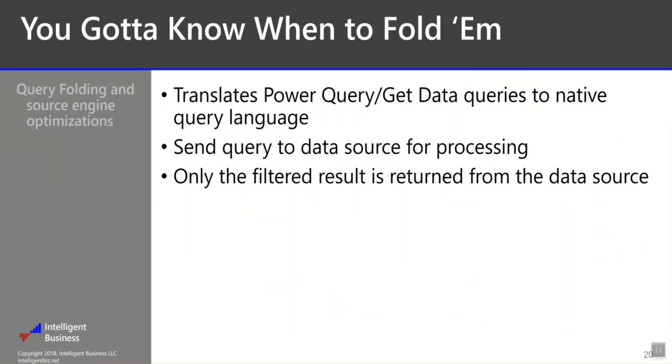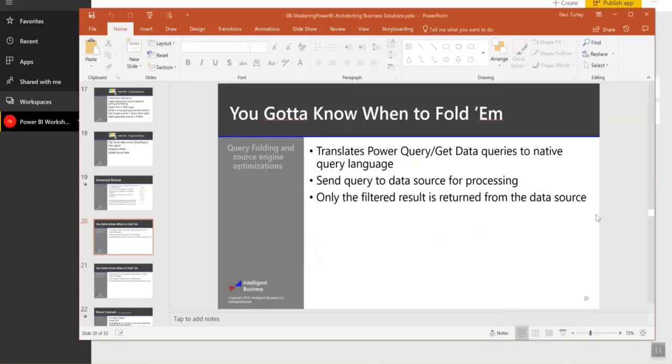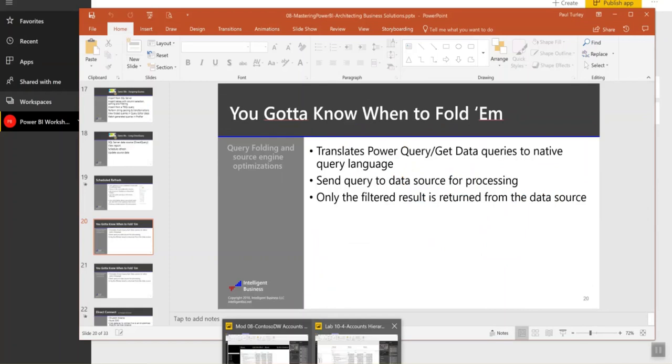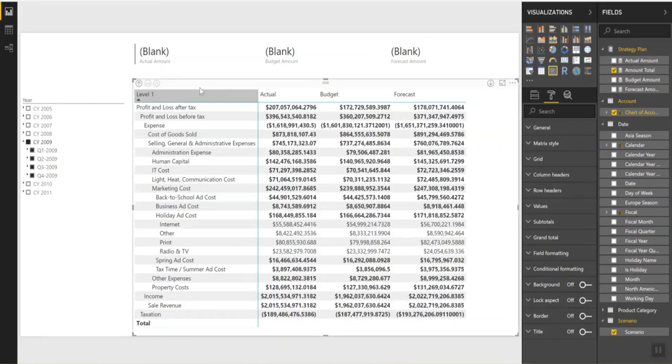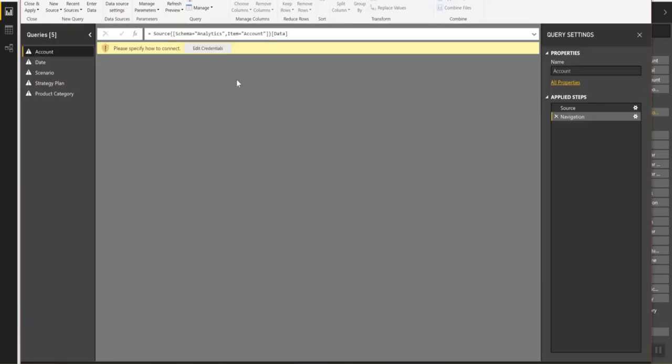Okay. So query folding, I just wanted to mention one of the advantages of actually using cache mode. And this is actually part of the architecture that drives direct query, is that when I import data, we need to open up the Power BI model here. Use this one. When I import data into a Power BI model from a data source like SQL Server,